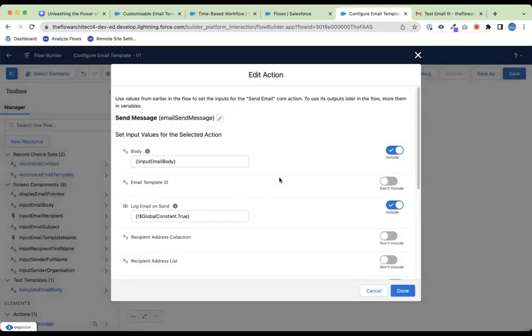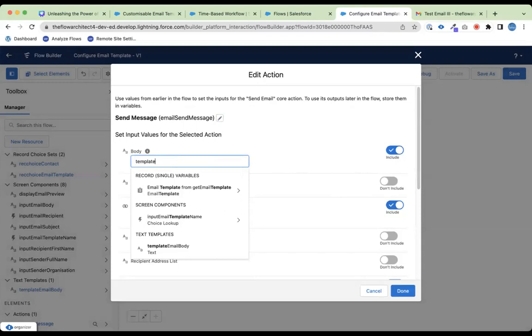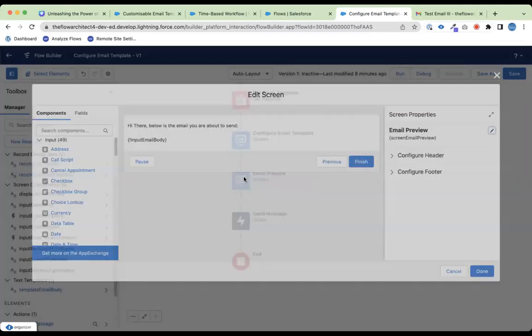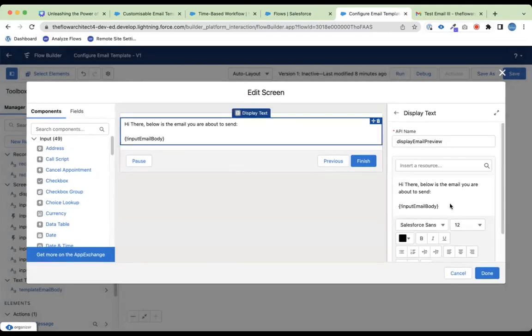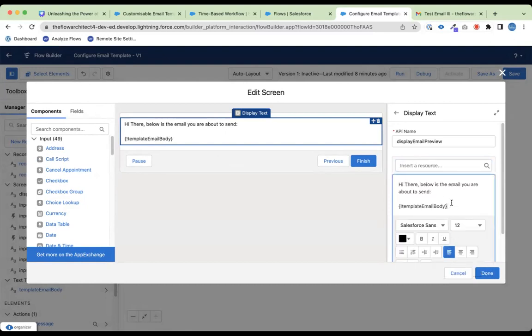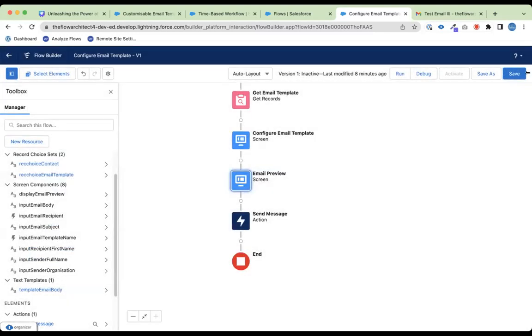and then update my email action to be the template. And this is going to be template email body. And we'll update the preview at the end to be the template as well. So you'll be able to see, I'll scroll down, template email body. You'll be able to see if we do one last little demo of this,